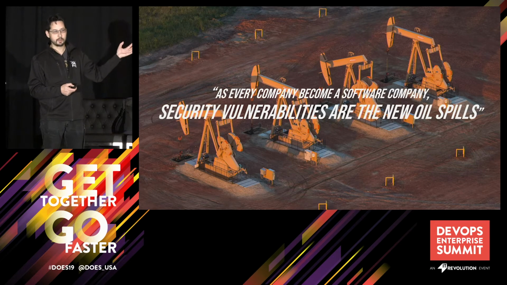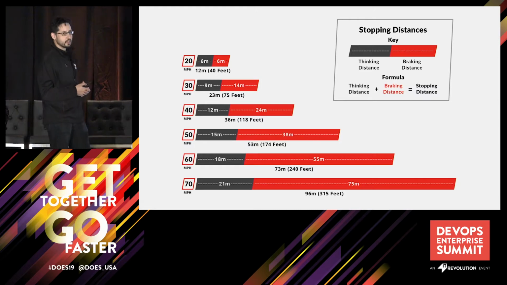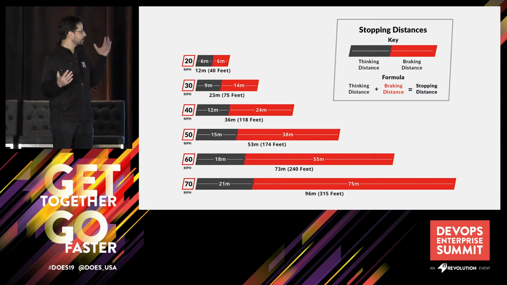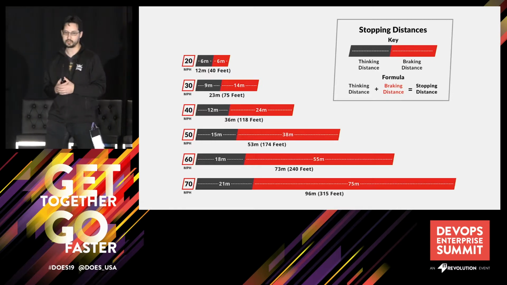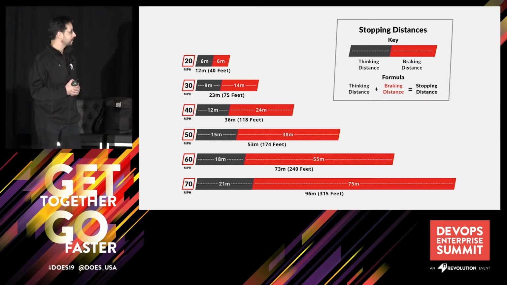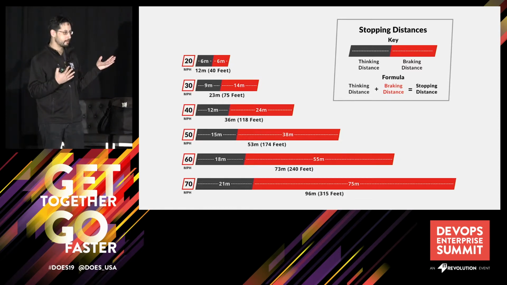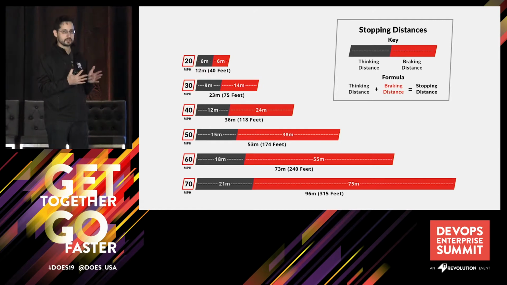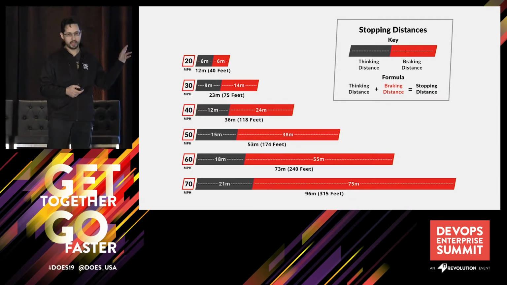We all know that we want to do updates, but the question is, how long does it take us to actually get updates? A good model for looking at this is, you all drive cars, right? This is the braking distance that you need to stop your car in the case of an accident or to avoid a collision. There are two different things going on here. One is your thinking time: there's an obstacle, I need to stop the car. The second one is the braking distance. Now I've pressed the brake pedal, and the car needs some time to actually mechanically stop. These are two separate actions.